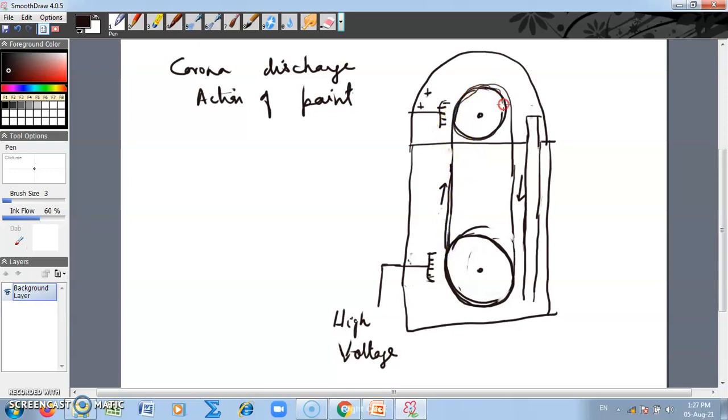It is moved over these two wheels. Now by some kind of mechanical arrangement, these belts move around these wheels in this direction, goes up and then down like this. And here are two metallic combs,